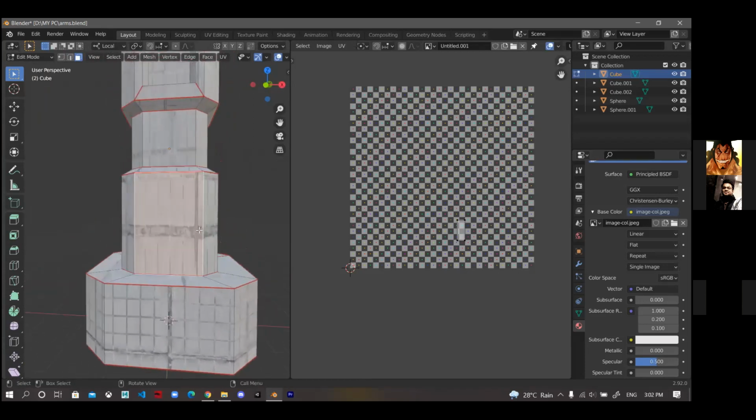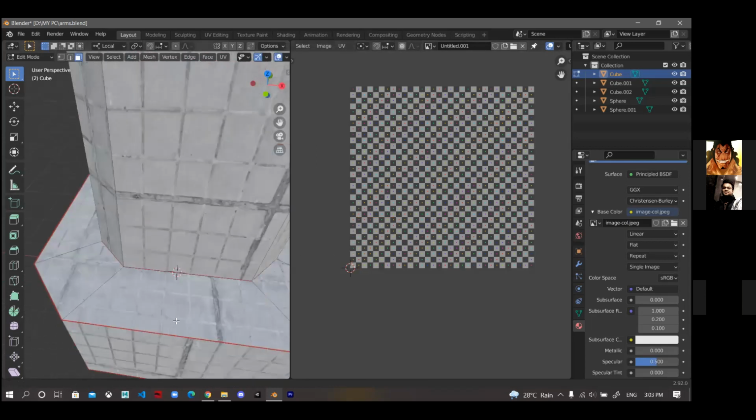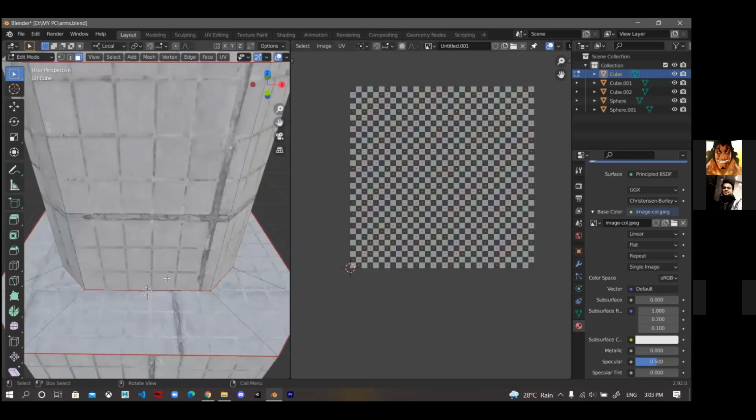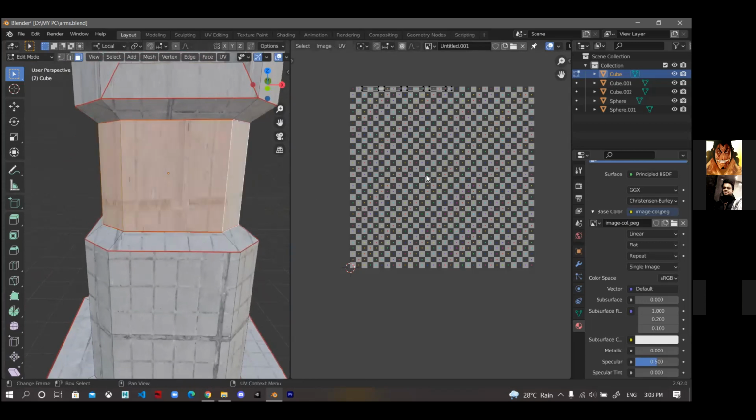Yes. You can see it at different conditions.